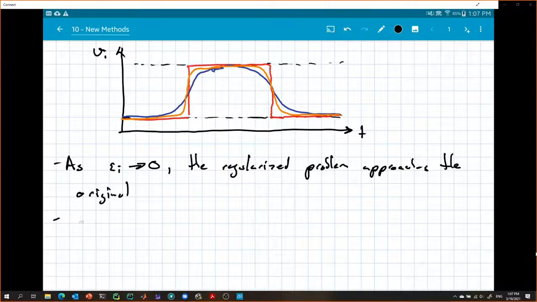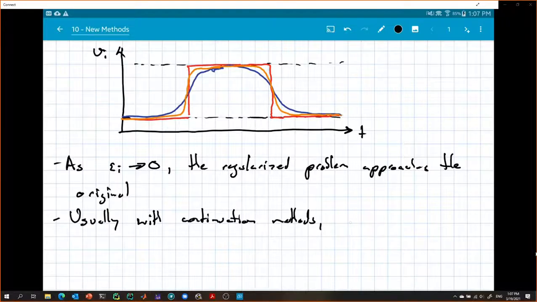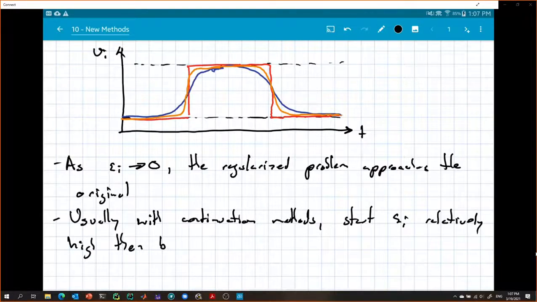So usually with continuation methods, start epsilon relatively high, then bring it close to 0. So yeah, when we do our continuations,